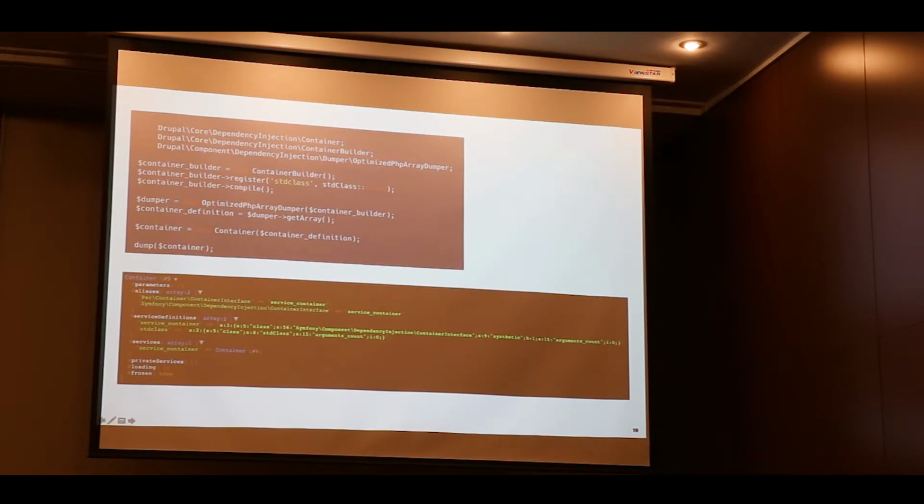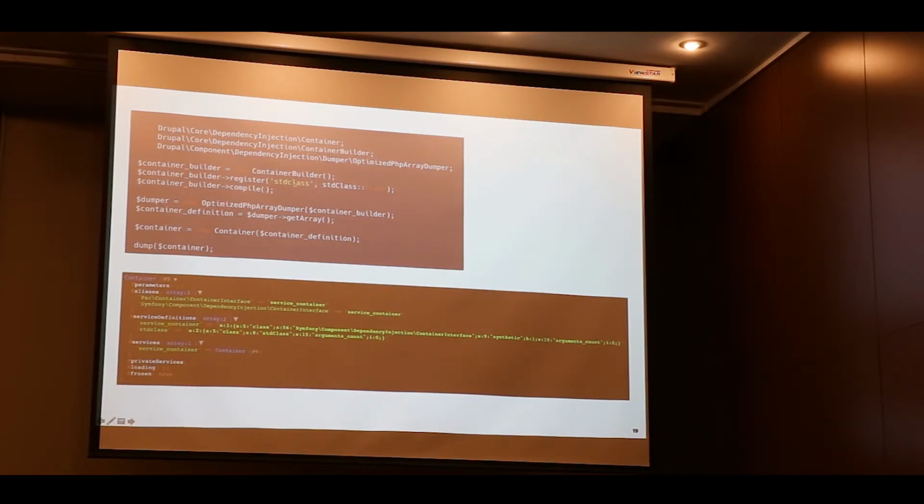Here is how to use the container builder provided by Drupal. It's very simple. You can instantiate the container builder here. It's a simple object. You register the class, here the standard class.